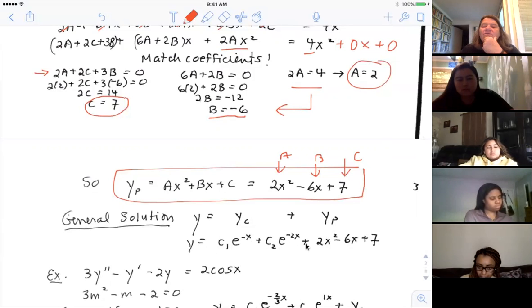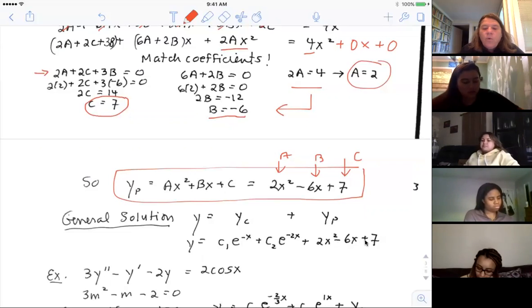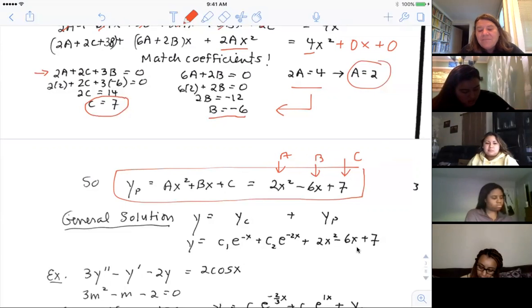Okay, so we've done our first one. Now, it is important here that you do write this entire thing, because later on, we're going to be looking at problems that we have conditions for. And we're going to want to find C1 and C2 for certain conditions. So this is what you're going to be plugging into when you're trying to satisfy a DE with certain conditions. Okay. All right, let's look at another example.